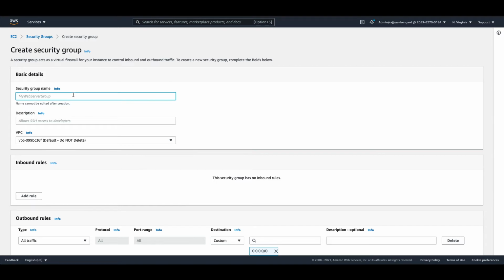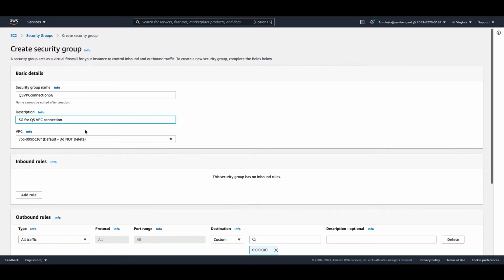I will provide a name for the security group. And I want the security group to reside in the same VPC where I have my RDS instance, as well as where I will have my VPC connection.